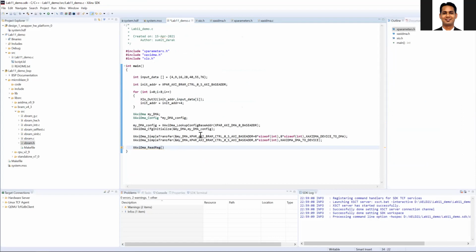This is the base address of my DMA, and my offset is 0x4, because it's the second register. Once you do this, you will get the 32-bit register.